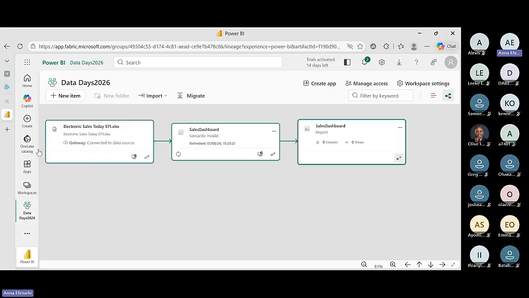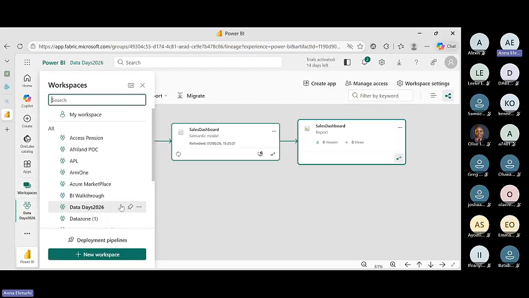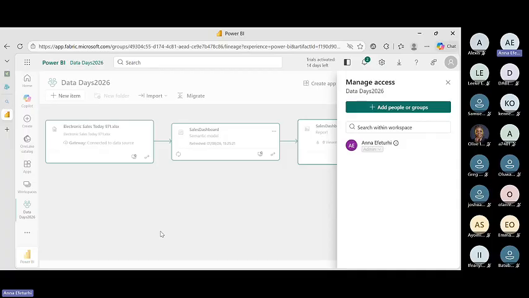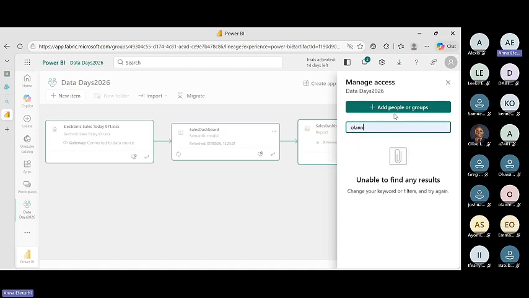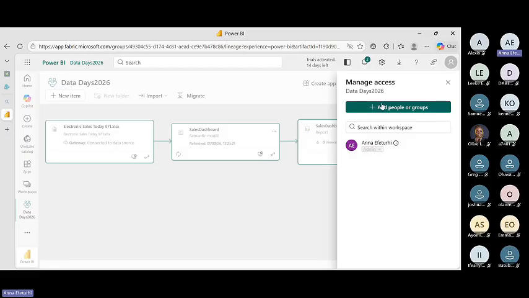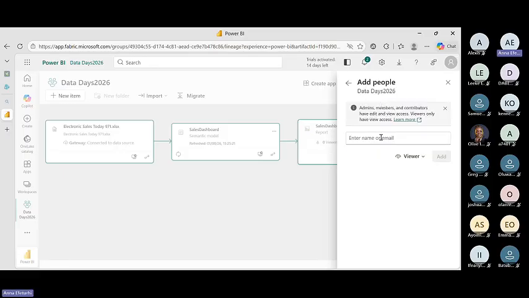Another thing I want to talk about is this: this is our workspace, and we click on these three dots, which is the ellipsis. If we click on it, we come to workspace access. So now we are talking about workspace access. In workspace access, if I click on this, I want to add somebody, let me say I want to add this. No, let me remove this. Let me click on this. Okay, so here